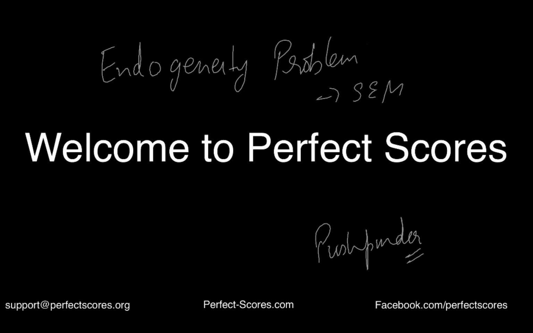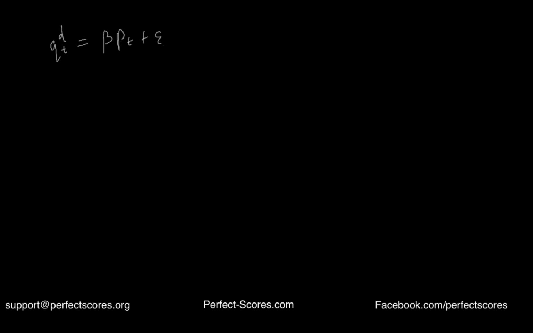If you've seen the first video in simultaneous equation models, you must have seen that we came up with the two types of models for simple equations. So we had the quantity demanded at time t to be a function of price, which is beta price t plus the error term for the demand equation. And then we had the quantity supplied to be equal to, again, a function of price. So this is the supply equation, this is the demand equation, and using this in our previous video we found